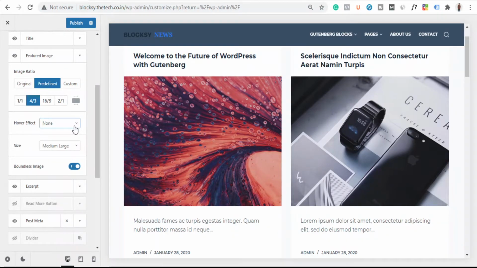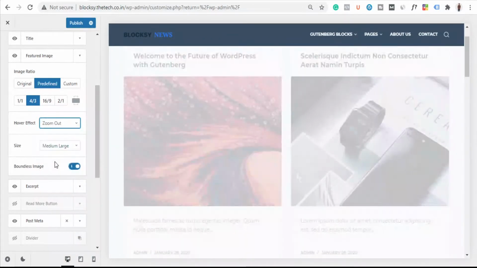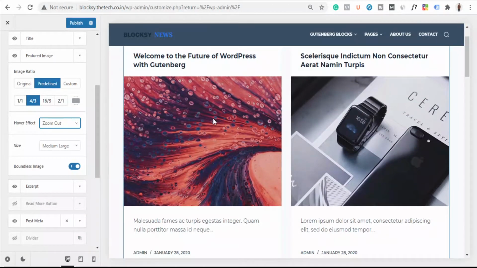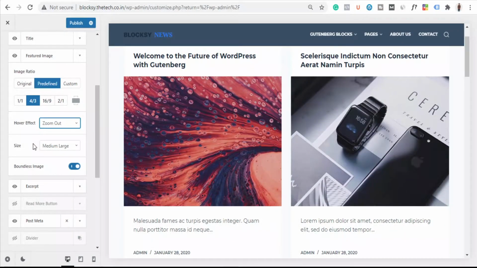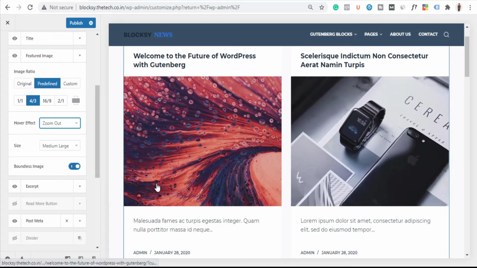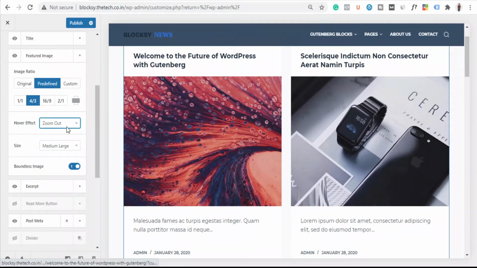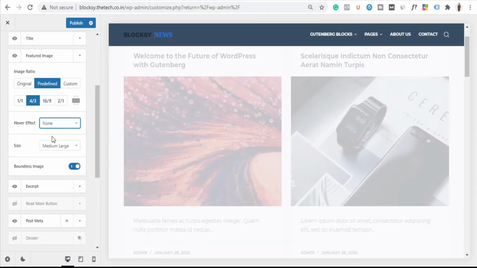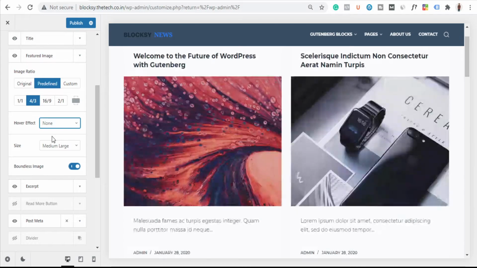Now we also have a hover effect for that. If I choose this zoom out and hover over the image, you can see it's working. But I think the less CSS or style you use, the faster your site will be. So try to keep it as little customized as you can.